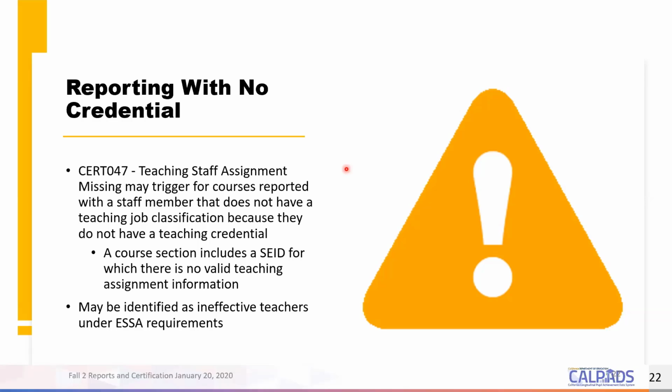If your teacher does not have an issued SEID number, then of course you don't submit the SDEM and SASS. You could probably report the teacher in the course using SEID 999, but for the staff demographic and staff assignment, by all means, do not submit the SEID 999 to report those staff members.